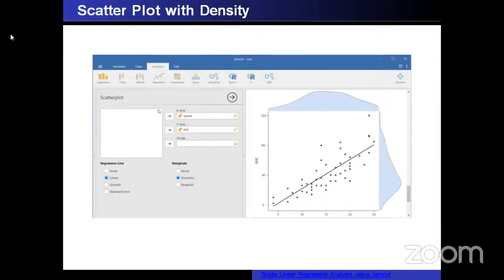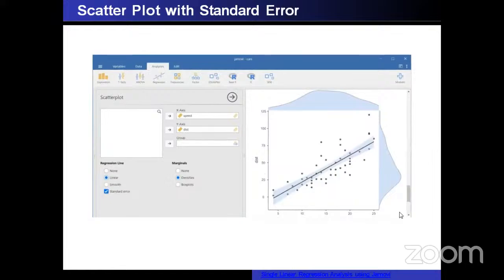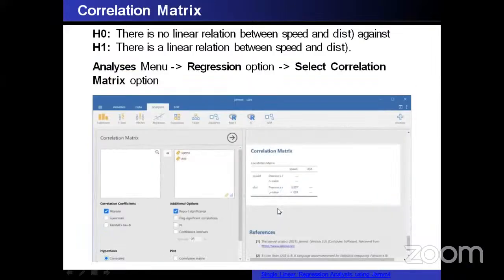You can go on to density. This is the density of distance for the speed. Then a scatter plot with the standard error. We can get any errors, that is the standard error. The shaded space represents the errors in this dataset. Now we have to